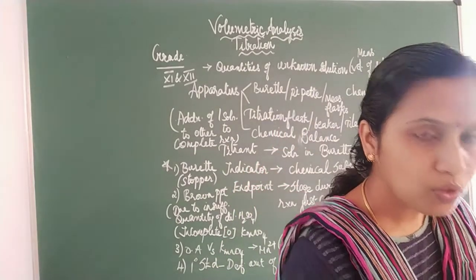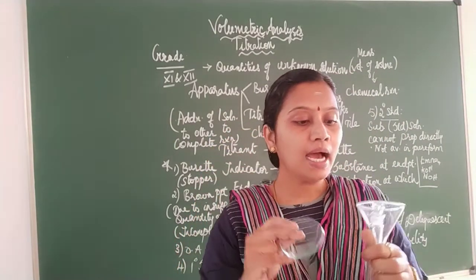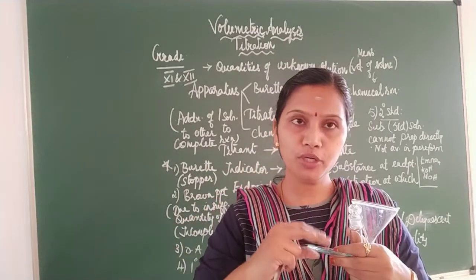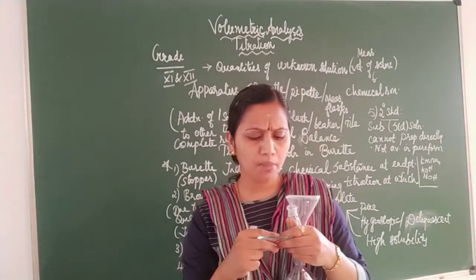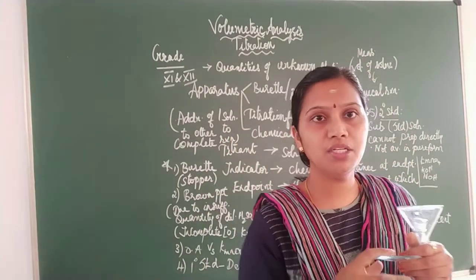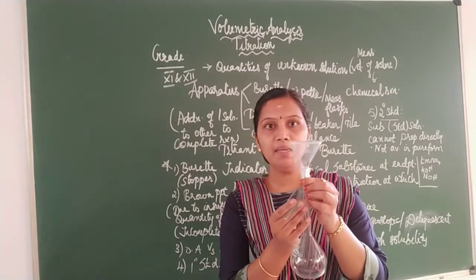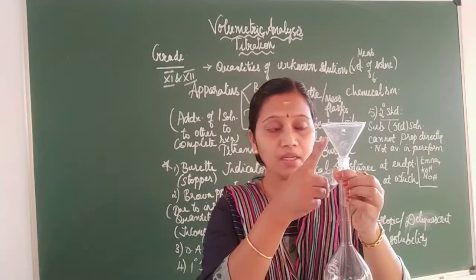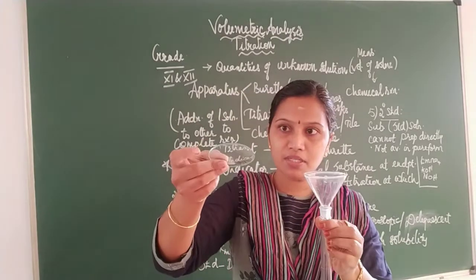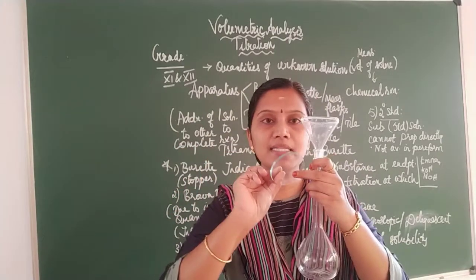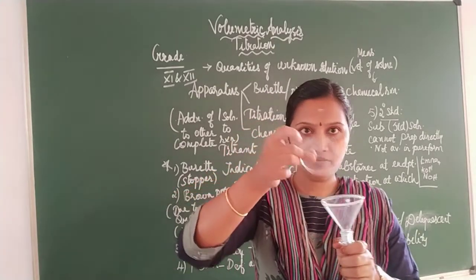Okay. So I told you, after taking the weight of the required substance in this watch glass, I should pour it in the standard flask, right? I should put it inside the standard flask. I don't want to miss even a small particle, otherwise the concentration will vary. So you will not be getting proper results. So for that purpose, I will be inserting this funnel inside the standard flask, and then I will be adding my chemical substance. But still make sure that there are some chemical substances sticking on it. So what should I do? I should be washing it with water so that all will go inside.